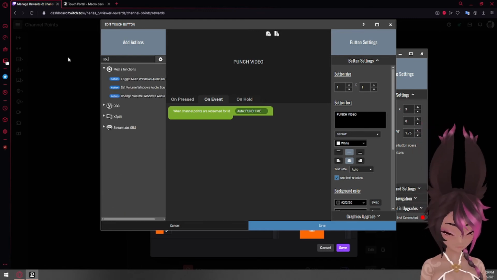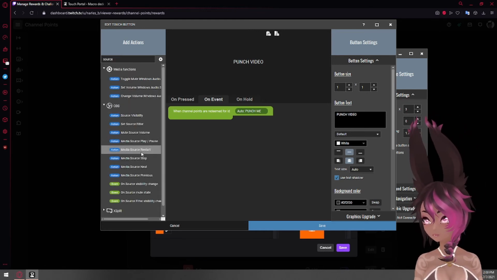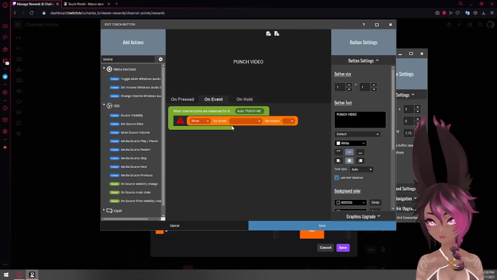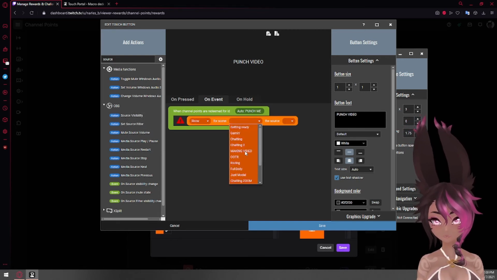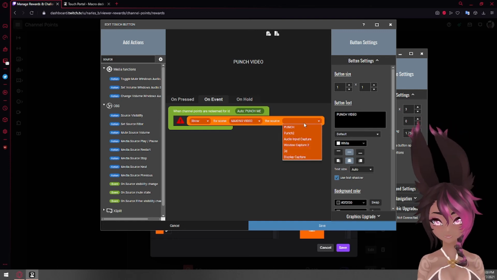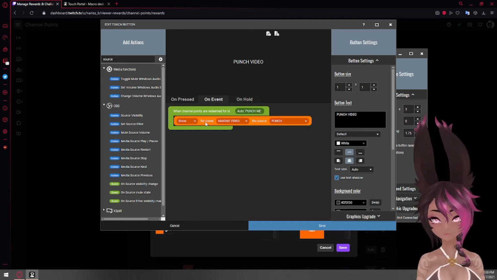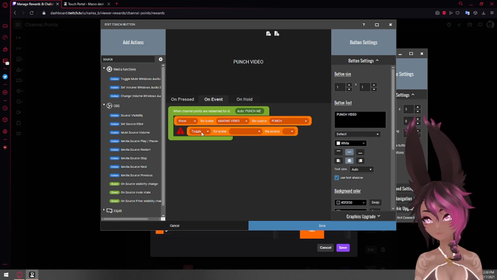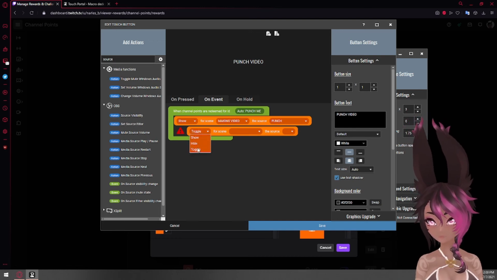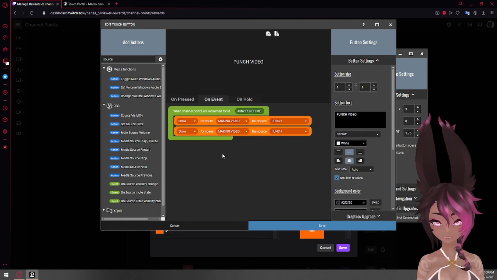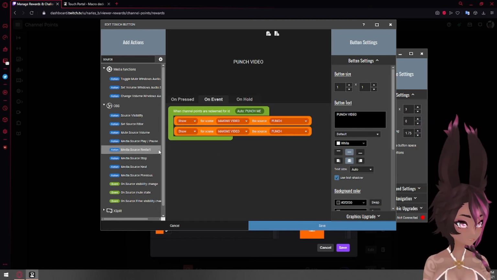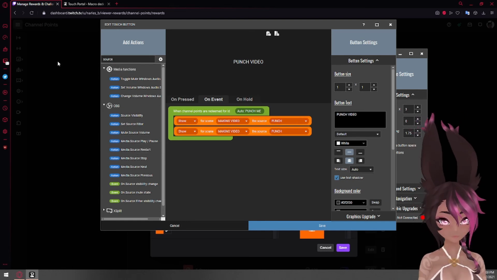And with that done, we're going to search up a source. Under OBS, go to Source Visibility, Show, for Scene, and in this case, it's on my Making Video scene, the Punch Redeem. Then we're going to add a second source visibility to hide on Making Video Punch, right? So what this is going to do is going to show it and then immediately hide it because there's no wait time. So to fix that,